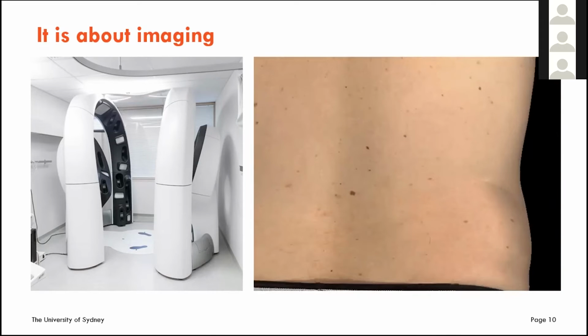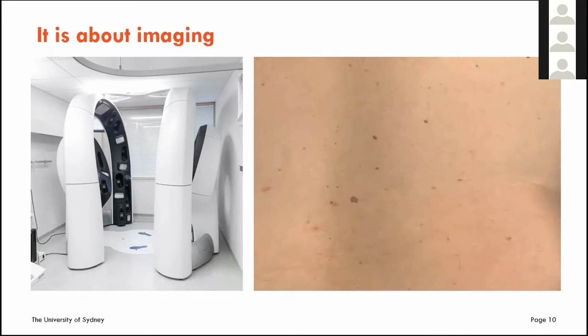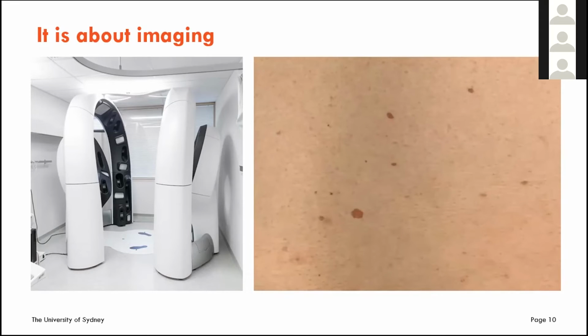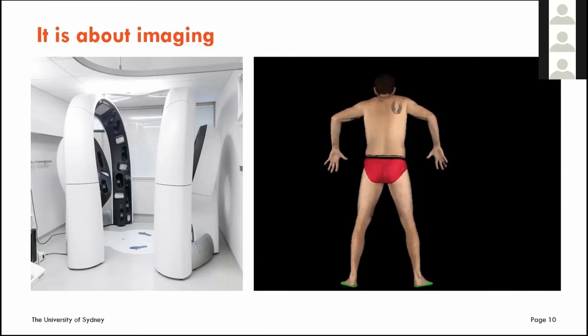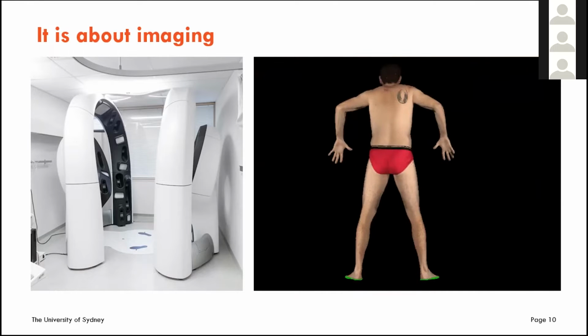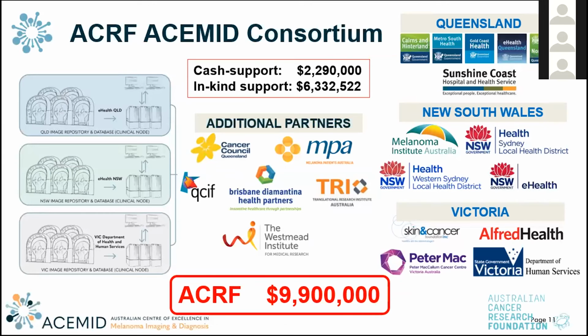We proposed to ACRF to build a network of multiple of these devices so that we could see the skin in quite some detail. You can even see the hair follicles here. So quite good detail, and we can follow patients with their skin at different time points. So we presented this to the consortium. We wanted 15 of these devices, 5 in Queensland, 5 in New South Wales, 5 in Victoria. We know that this is not enough to cover the whole population, but we wanted to demonstrate that this could